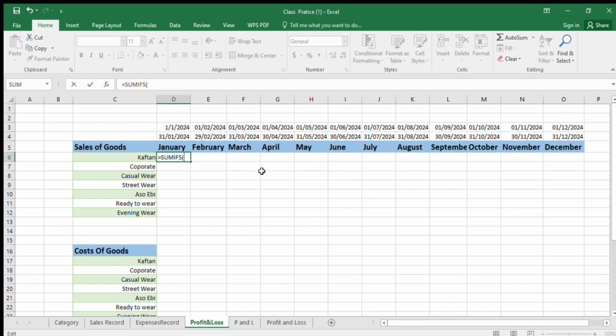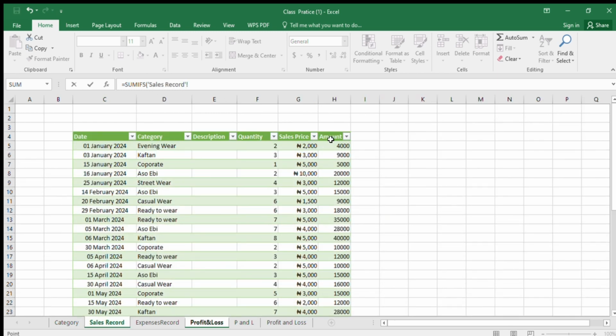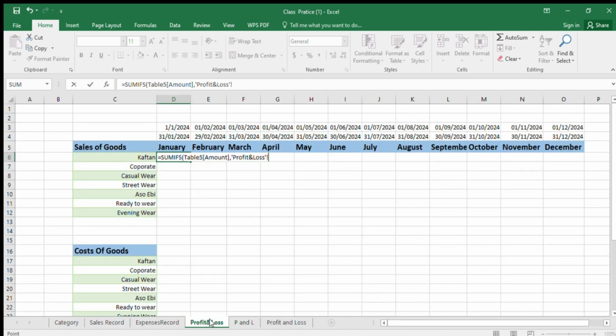So the sum range is that you go to this sales record and sum all of these amounts, that's the sum range. Then you put in a comma. When you go back to your profit and loss, you see that it has picked Table5 amounts here. So sum all of these amounts if the date range